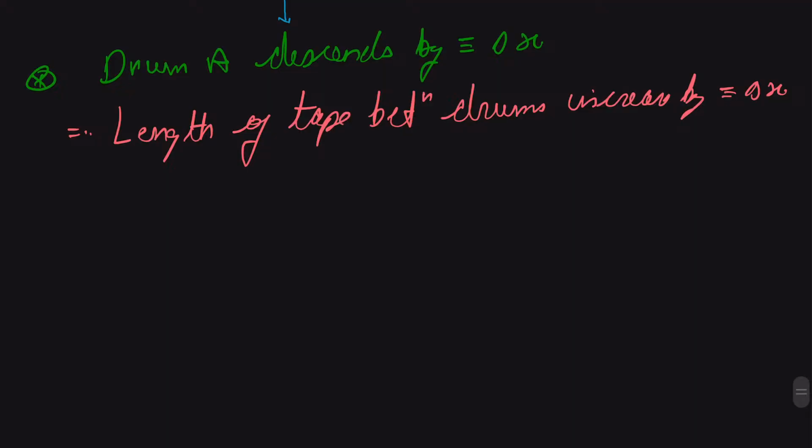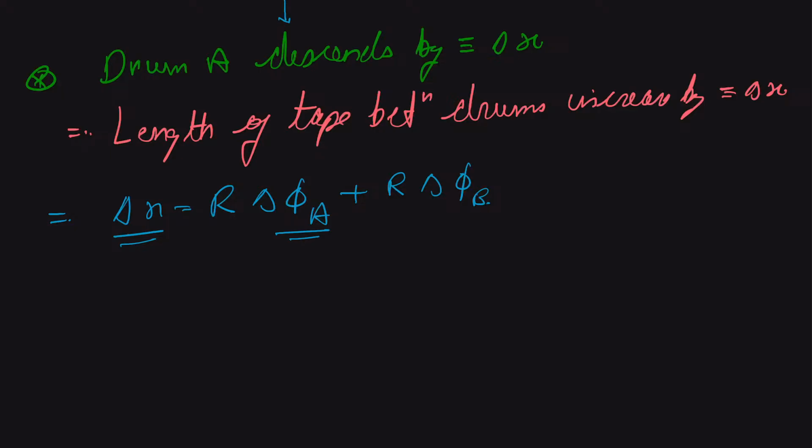Both drums are rotating, therefore we can say our delta x will be equal to, because the radius is the same, r times the angle of rotation of A plus r times the angle of rotation of B. These are small angles, because both A and B are rotating. If we differentiate them, because this is nothing but our distance, in terms of our polar coordinates,